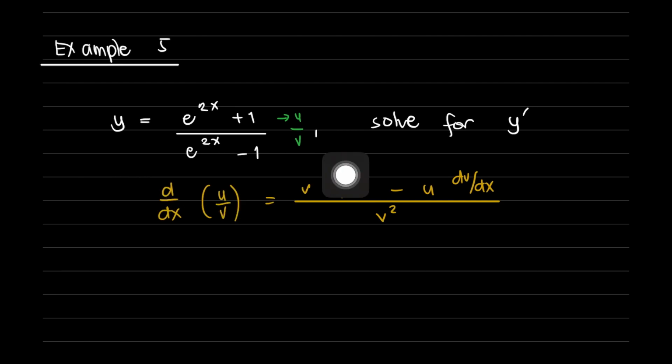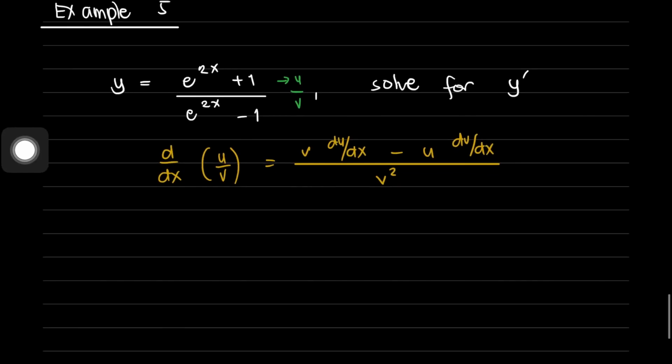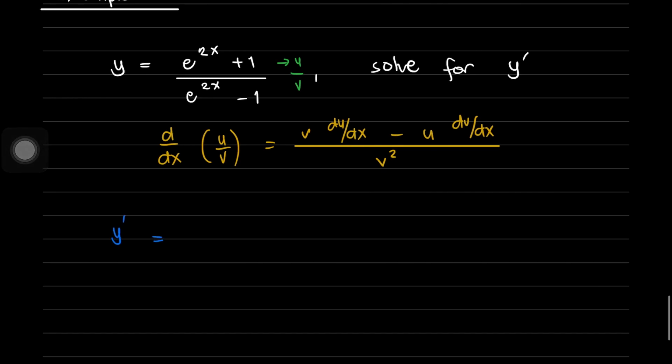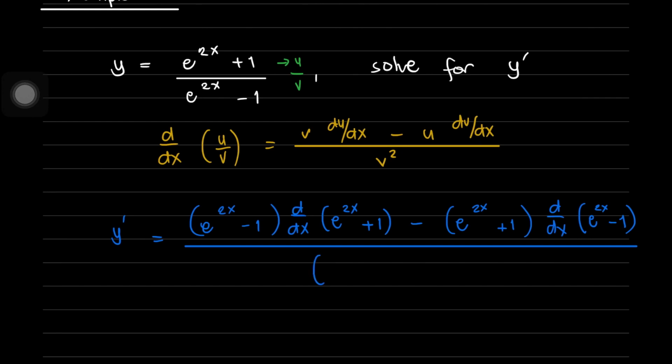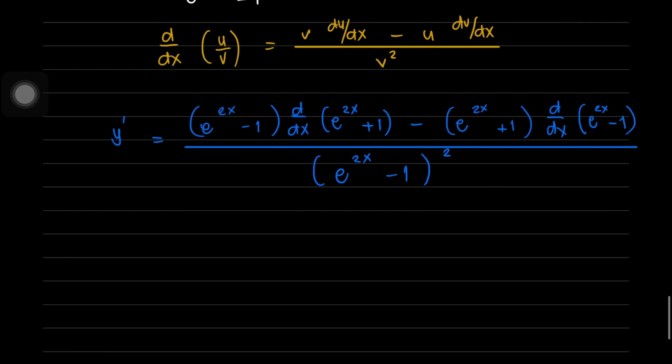So if we apply this formula to solve for y prime, we now have y prime equals e raised to 2x minus 1, right? So that would be v multiplied by the derivative with respect to x of e raised to 2x plus 1, minus e raised to 2x plus 1 multiplied by the derivative with respect to x of e raised to 2x minus 1, all over v squared, which is e raised to 2x minus 1 quantity raised to the second power. Right? So, solving further,